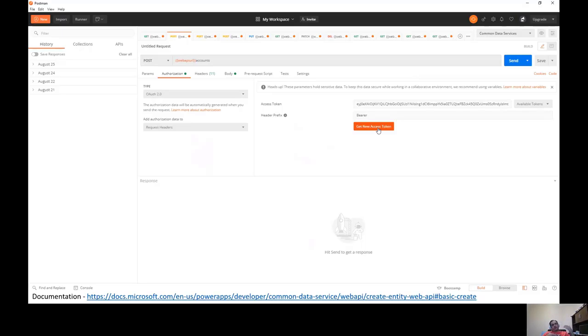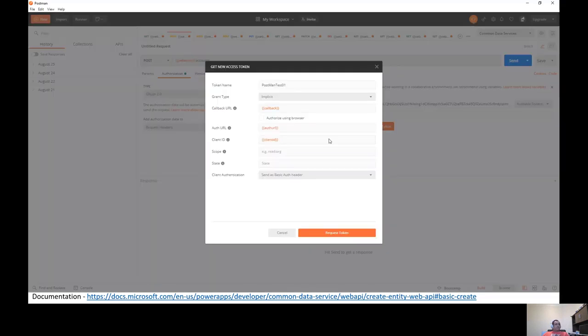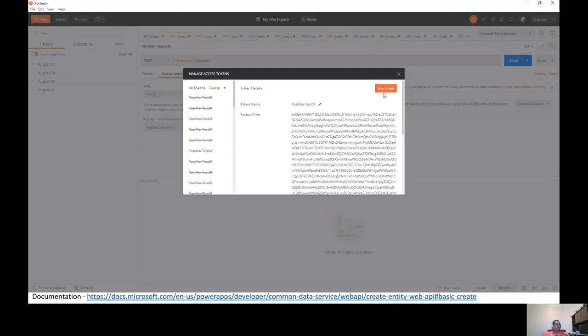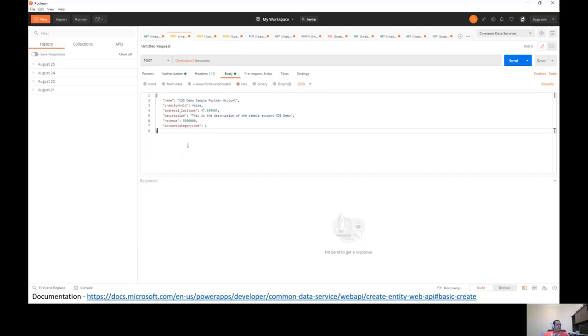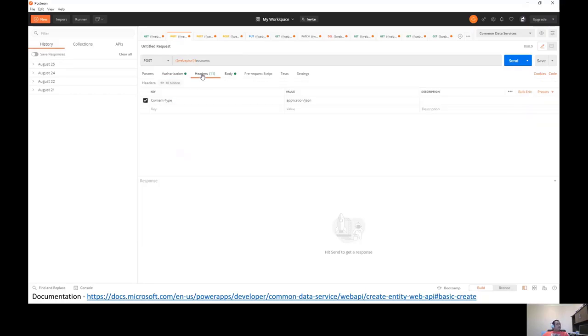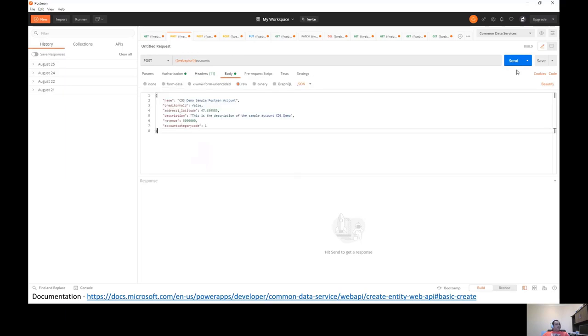You don't need to do this when you're doing your application. It would be an automated process, but for Postman, I need to do this separately. So I will go and say request a token. I get my token and I'll say use this token. So this token is now refreshed. And then I will set my body like I did. In my headers, I will specify the content type as JSON. And then I will post this request.